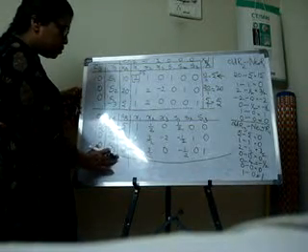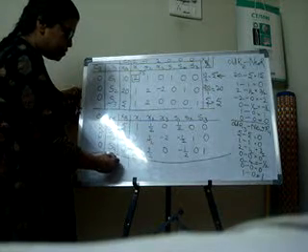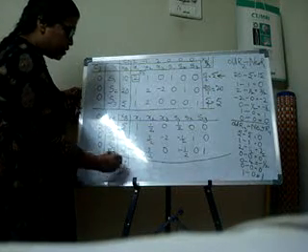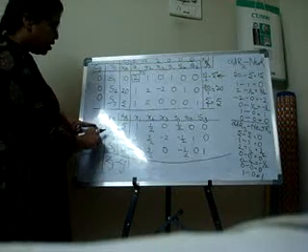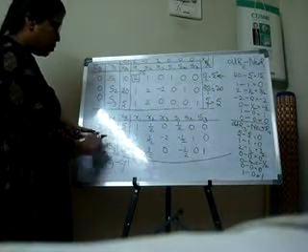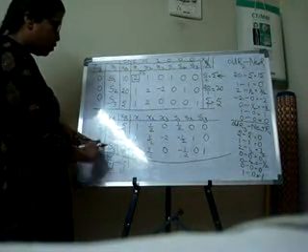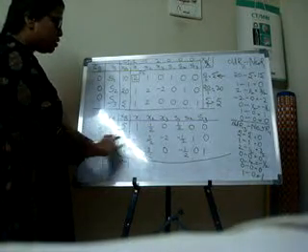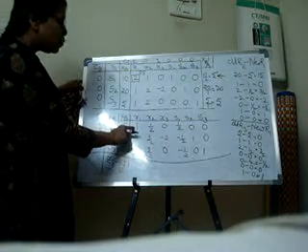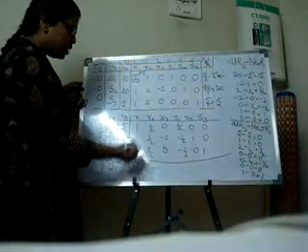Now what we have to find out? Zj minus Cj. How are we going to get the Zj minus Cj? Here, 2 into 1 plus 0 into 0 plus 0 into 0. 2 into 1 is 2 and these two are 0. 2 minus what is Cj? 2. 2 minus 2 is 0.